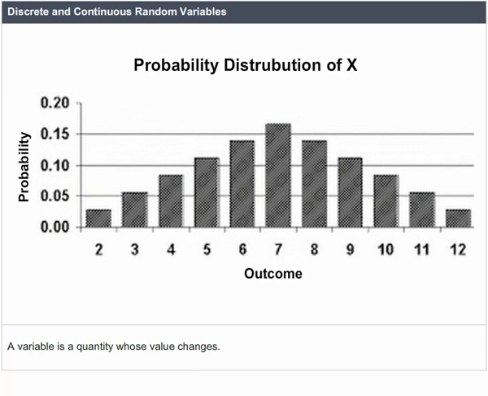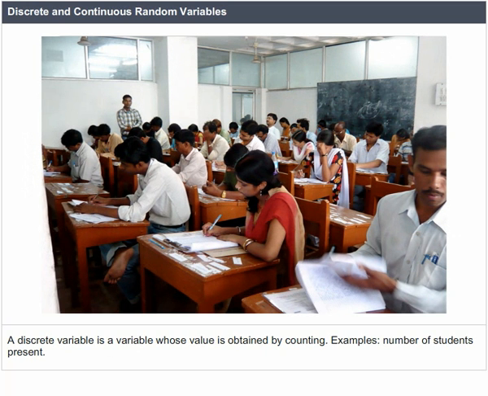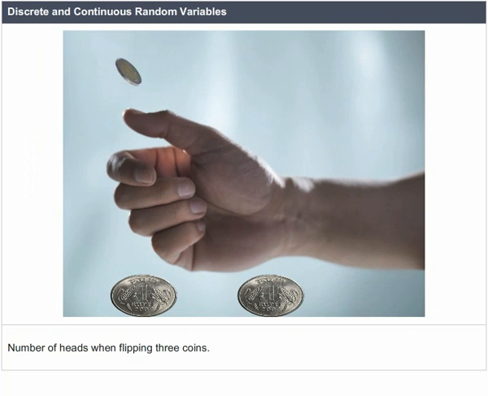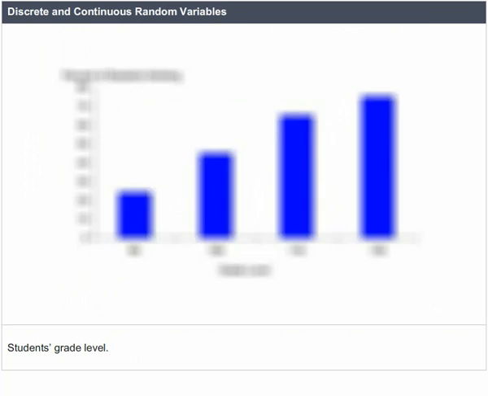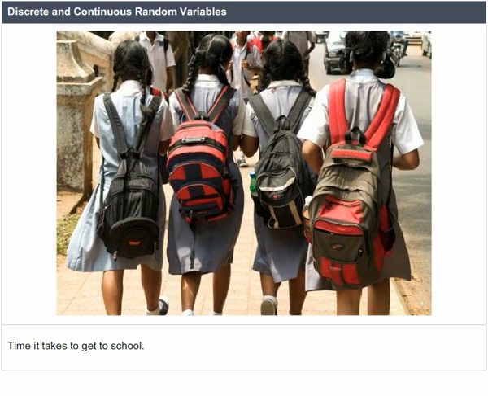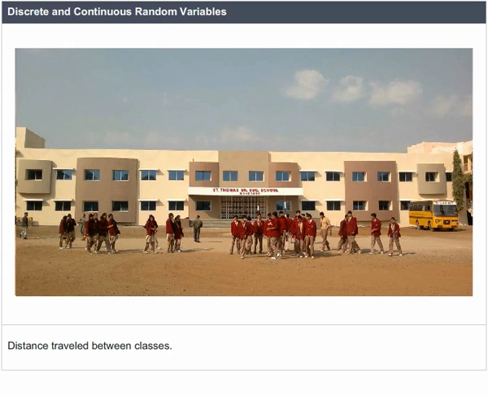Discrete and continuous random variables. A variable is a quantity whose value changes. A discrete variable is a variable whose value is obtained by counting. Examples: number of students present, number of red marbles in a jar, number of heads when flipping 3 coins, students' grade level. A continuous variable is a variable whose value is obtained by measuring. Examples: height of students in a class, weight of students in class, time it takes to get to school, distance